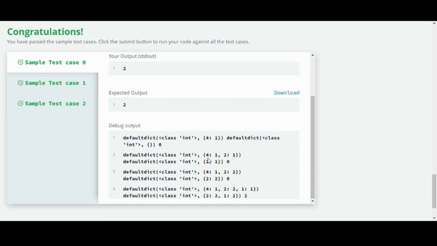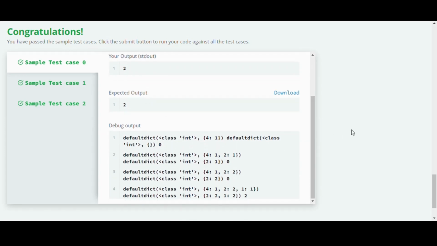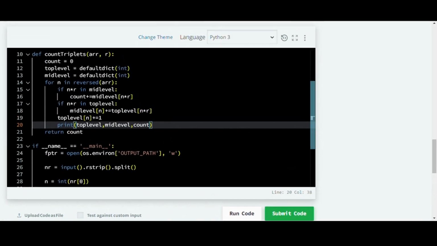So for the second iteration, when n is equal to 2, for the previous one I meant 4 into 2, 8, not 16, my bad. So 2 into 2 is 4, so if 4 is in mid-level, count mid-level n into r, but currently mid-level has nothing inside.